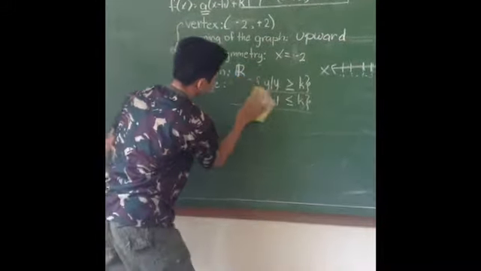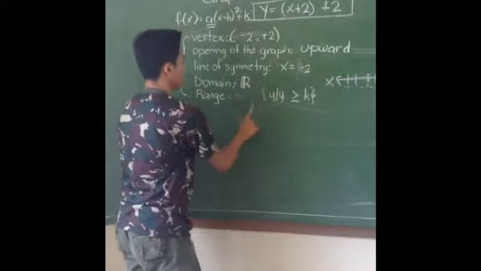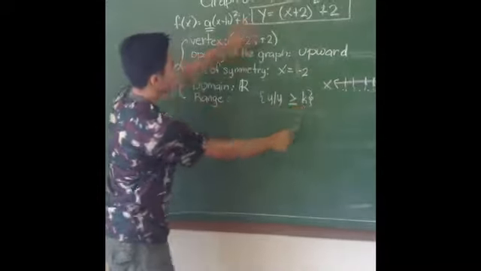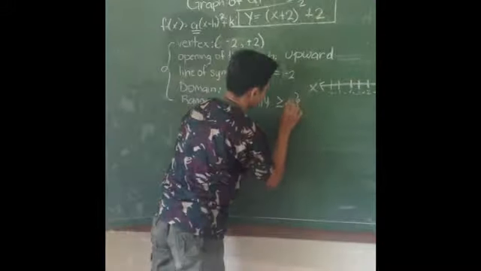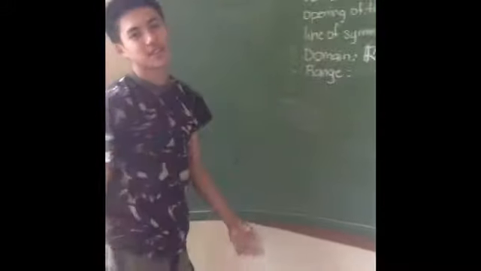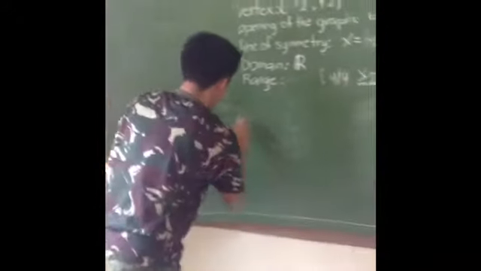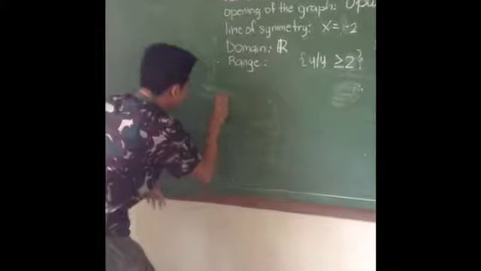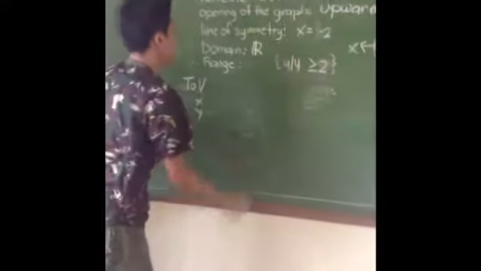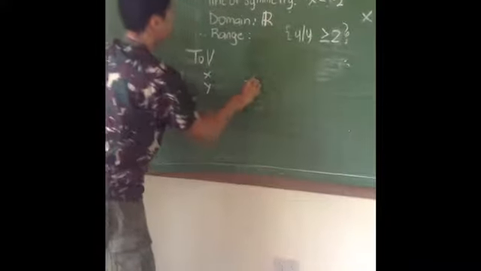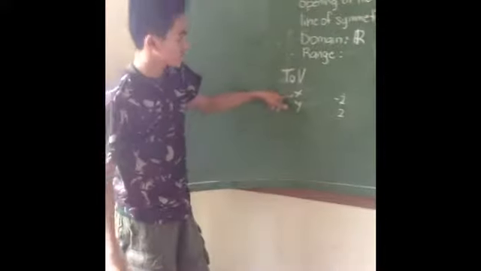Now we'll remove this, then again, we substitute k to our given vertex, and it is positive 2. Then now we will proceed to getting the table of values so we can graph our vertex form. We will copy this, our vertex x is -2, and our y is positive 2. In the variable x, so we can apply the missing